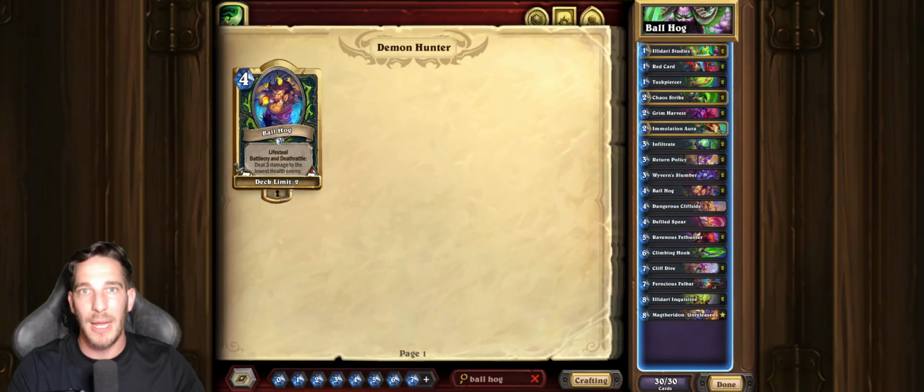First off, I'm talking about the Demon Hunter. The Demon Hunter, specifically the Ball Hog, is the main card that you want to be playing. All of the decks I speak about, their card codes will be down below in the description, but I wanted to really highlight these decks because this is what I used in the beginning to climb much quicker than